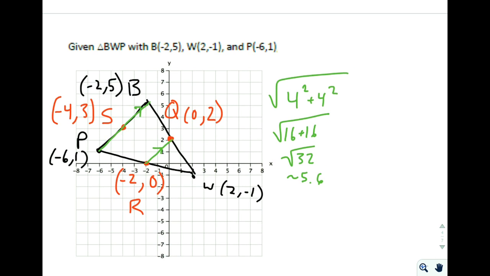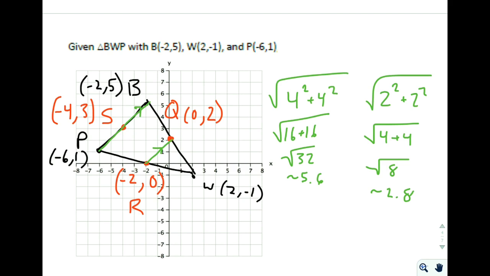Next one we want to do is find the length of the mid-segment. So I'm going to go from here to here. And to do that, I need to figure out the distance between my x's, -2 and 0. Well, they're 2 apart. And then I need to find the distance between my y's, 0 and 2. They are also 2 apart. So Pythagorean Theorem again. I do that, and I'm doing 4 plus 4, and I'm getting square root of 8. Square root of 8 is going to be a little less than 3. We're going to call it